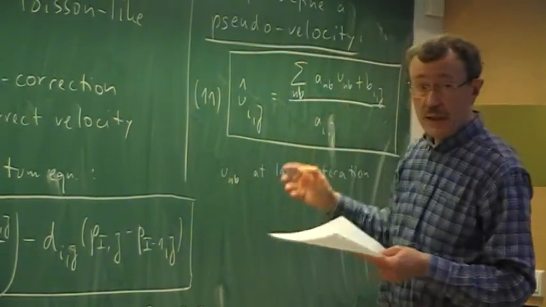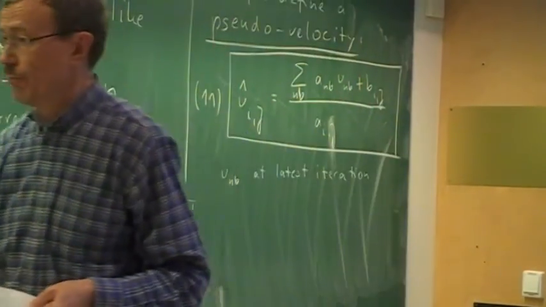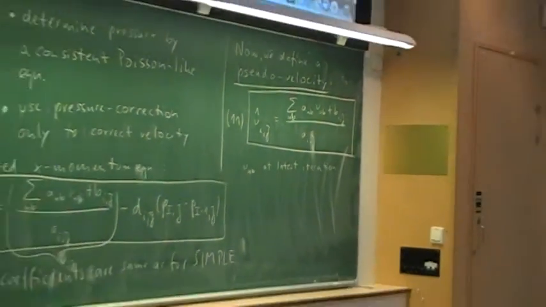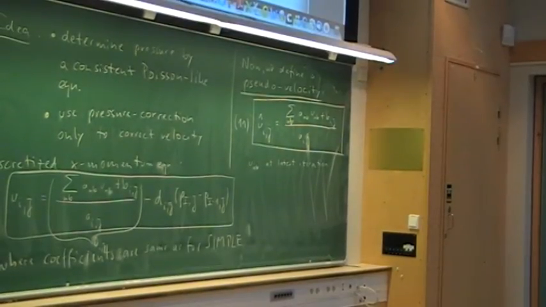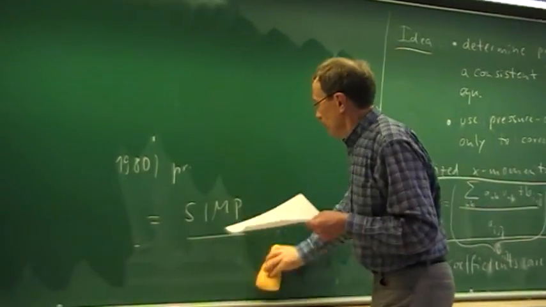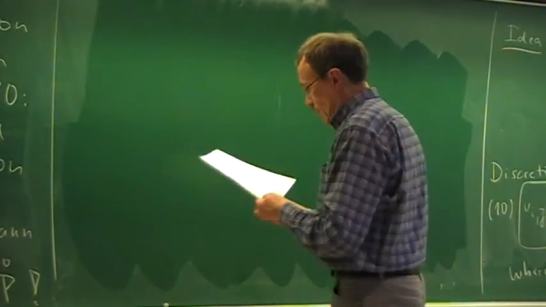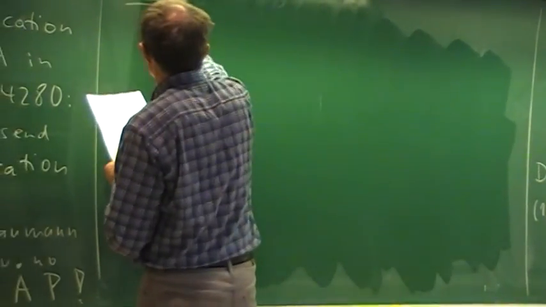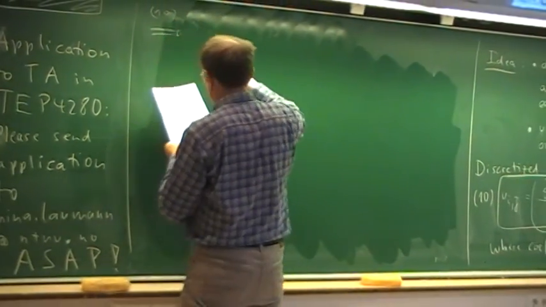If we take the latest velocity components, we can compute these pseudo velocities. So that is equation 10, which then becomes